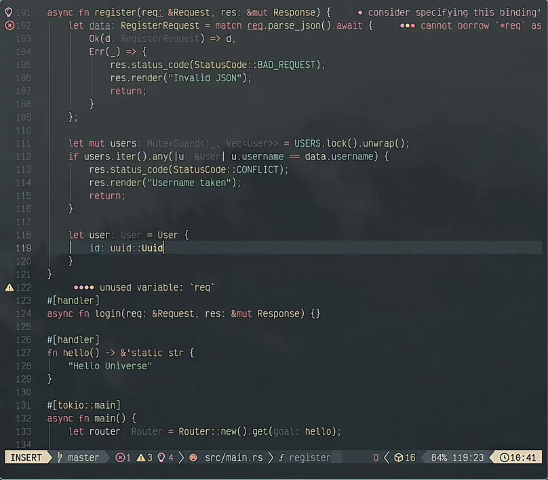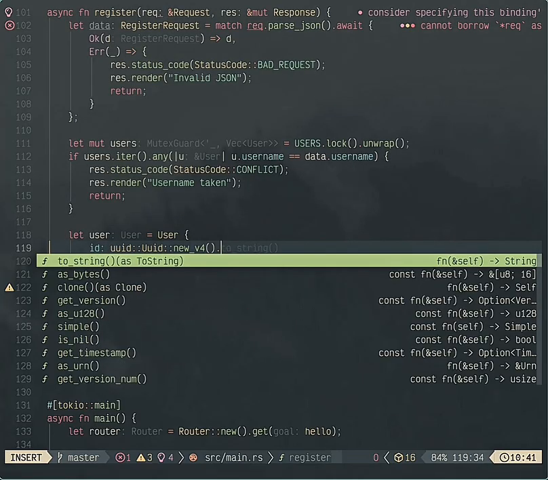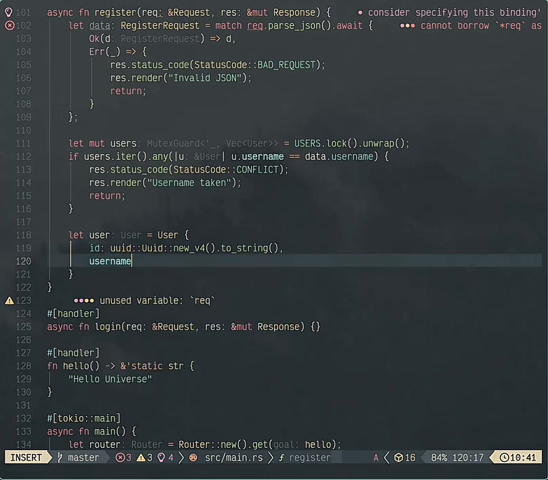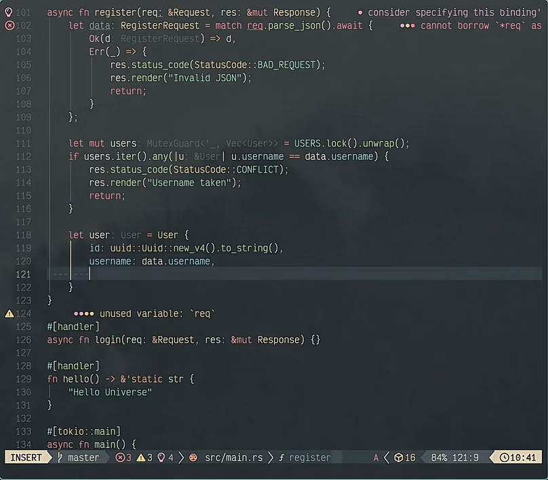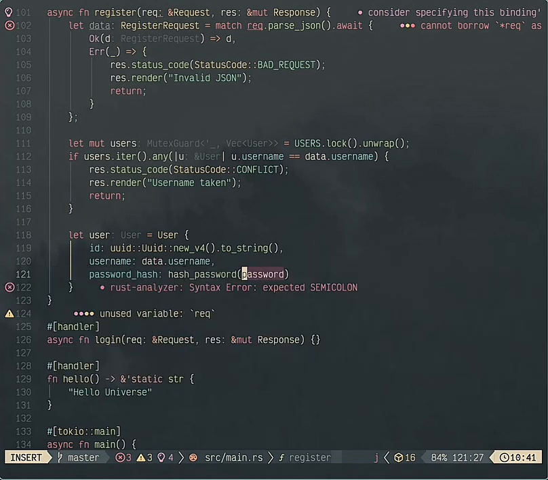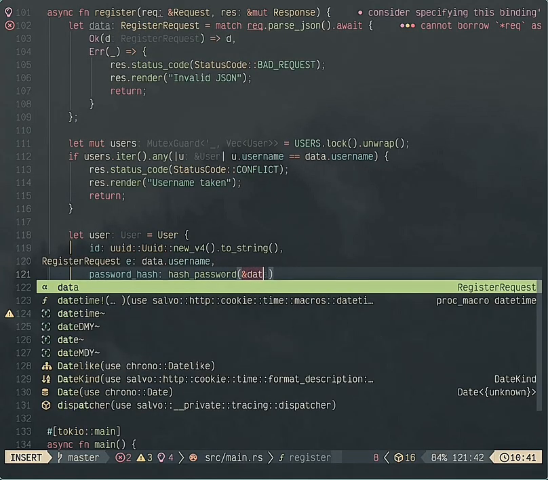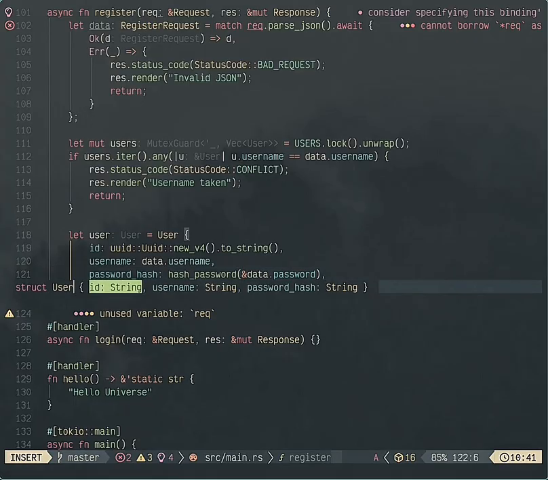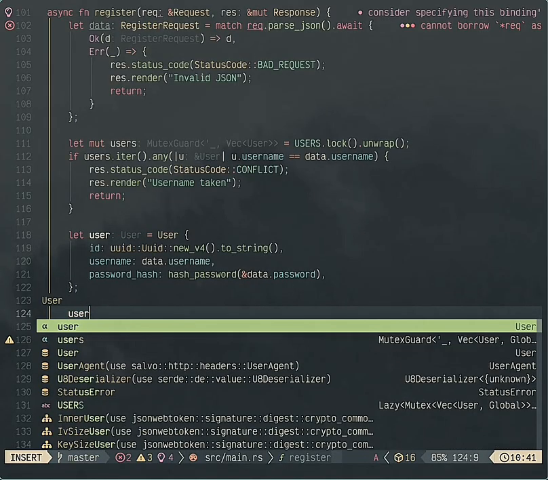UUID. What do we want? Okay, yeah, there it is right here. New v4 to string. We said we want the ID to be a string, so we say username should be the data.username. Then the password, you can hash the password, and then data dot password. Okay. Now, after creating the user, we can now save that user in the database, and which